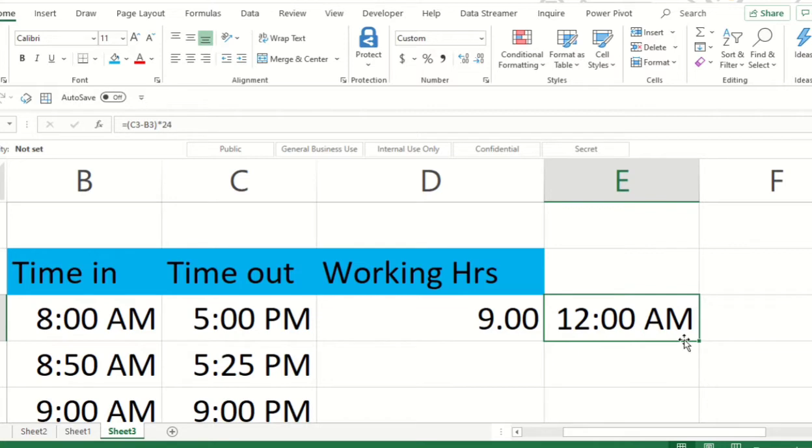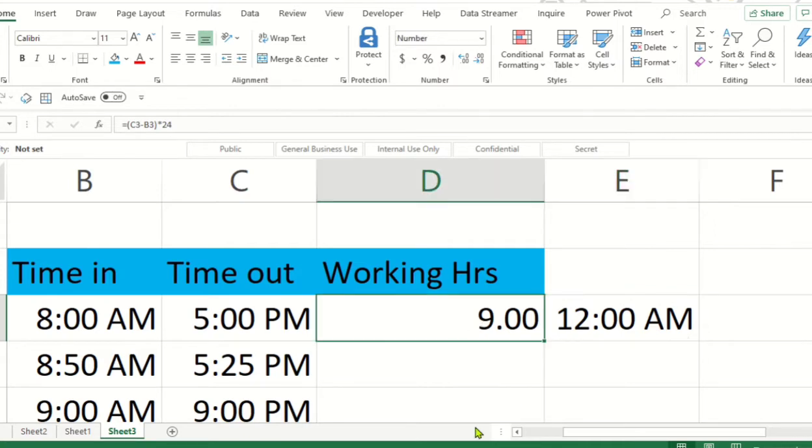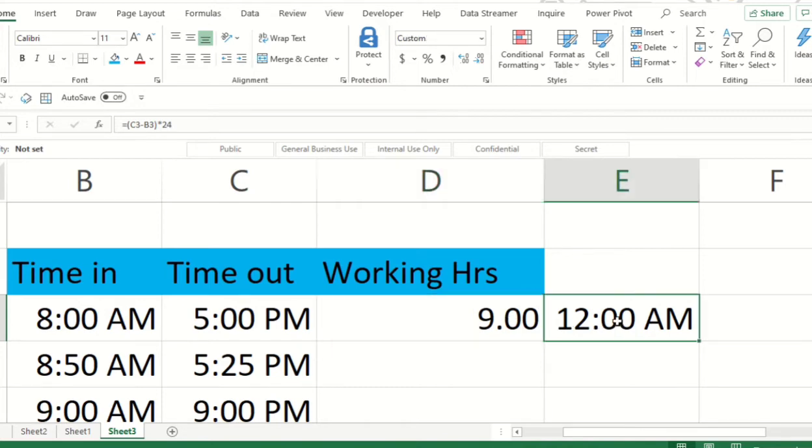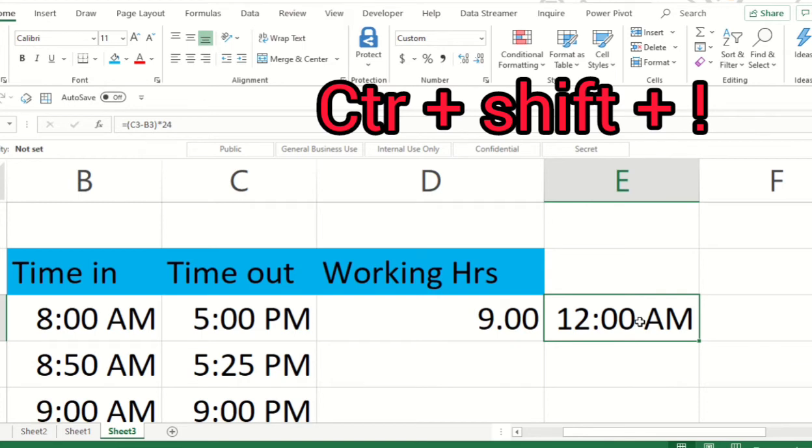Then what you have to do in order to convert to the total hours worked? Because I already worked with some other function over here, that's the reason it came automatically. If you are trying for the first time it will not come, that's the reason I'm telling you. It will come like this. Then you have to press Control Shift and the exclamation sign, and automatically it will come like this.